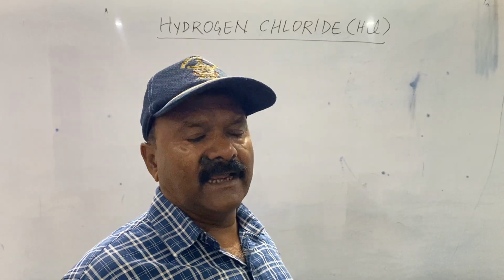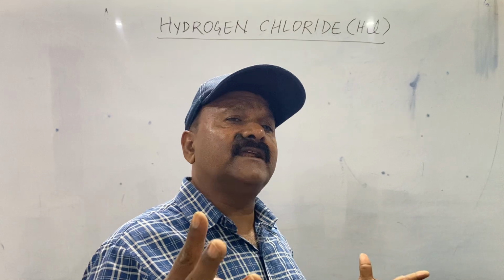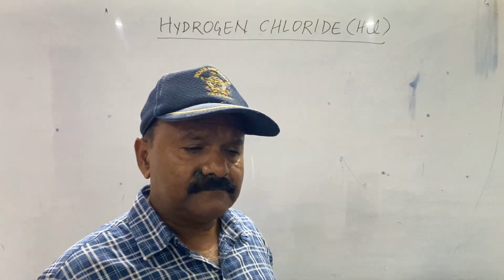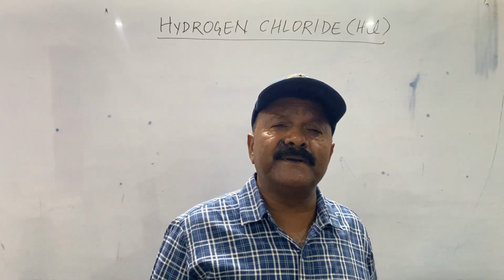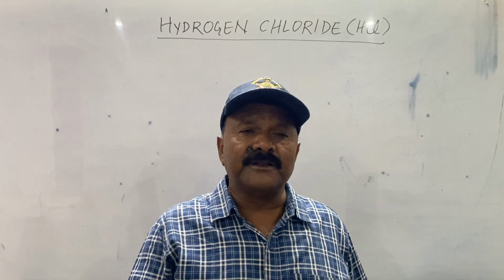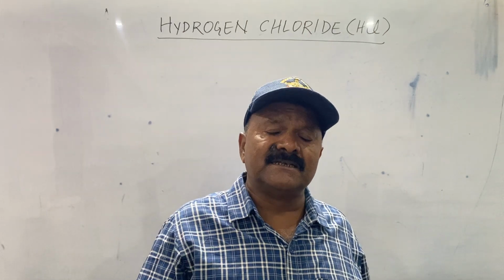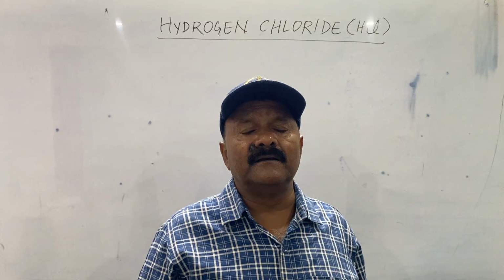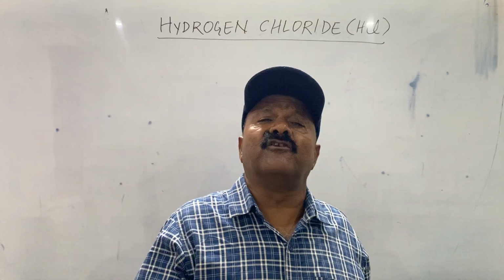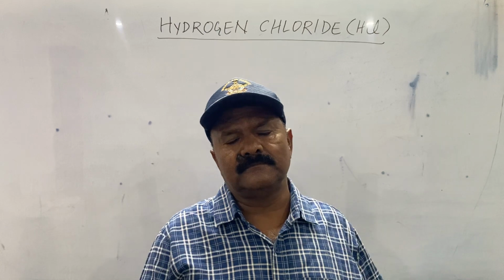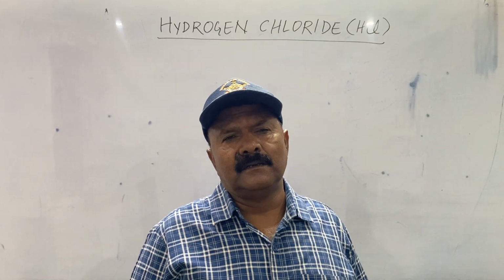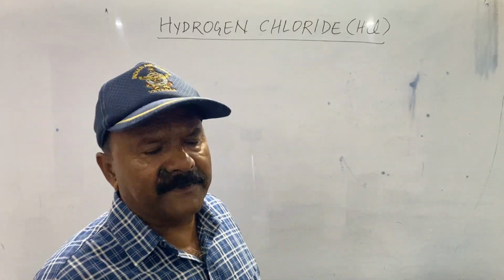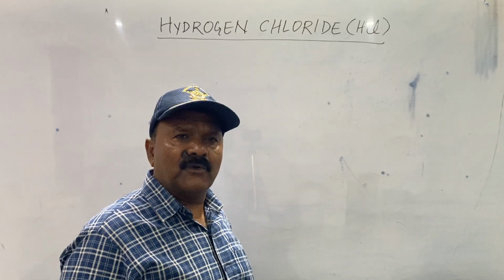It's a non-volatile acid. But there is a non-volatile property as well. What is the non-volatile property? It is a property by virtue of which a non-volatile acid can displace a more volatile acid from a salt. So here, during the preparation of hydrogen chloride gas,